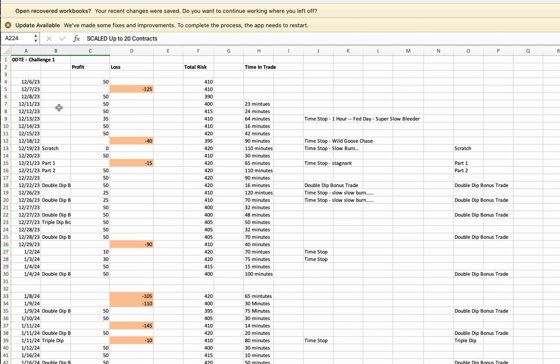I started with the least amount of capital that I could, which is just one contract of the trade. That came out to be about $420. $420 is the max risk on just one contract of this trade. So I started with the minimum, and my goal was to test the strategy with real live money. These are real trades within a real money account that I'm doing every day. I wanted to test the system live, see how it works, and also scale it and see how it can, because people always talk about scaling it.